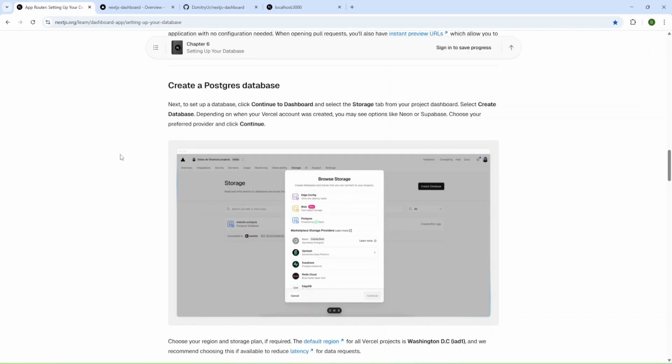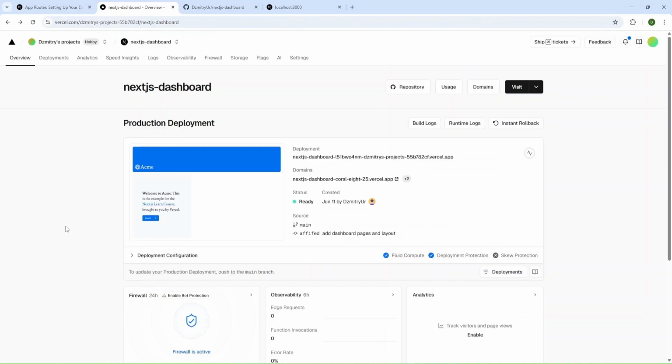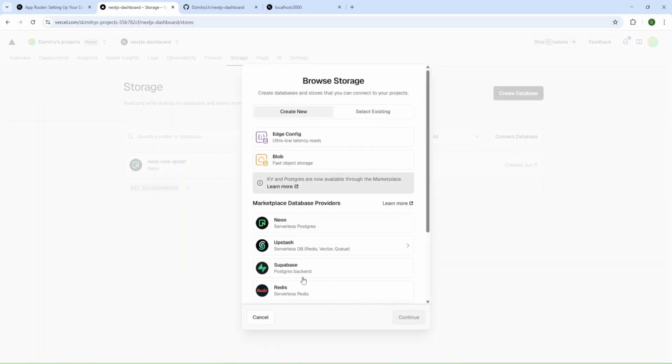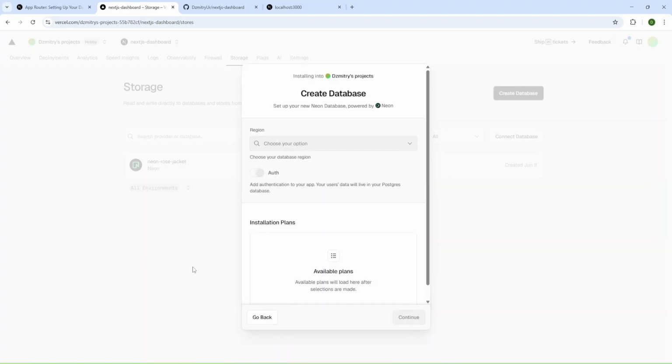And the next point is create a Postgres database. And we need a Vercel account, and I created one in a previous video. You can watch it. And now we need to go to storage and create a new database. And I'll select Neon. And now I can continue.